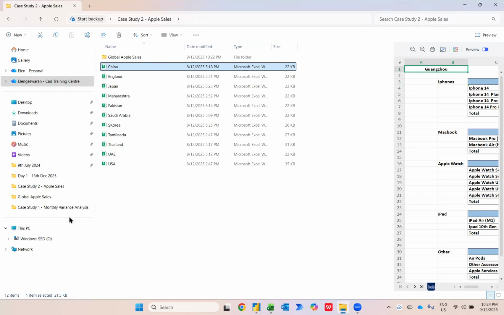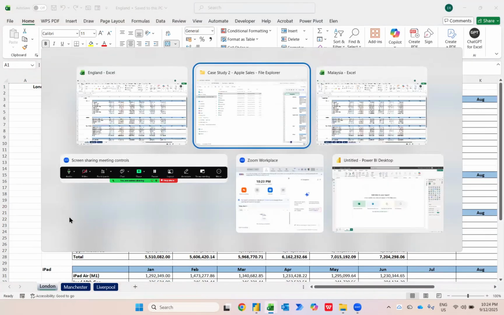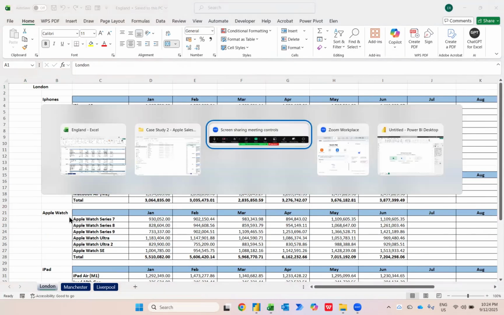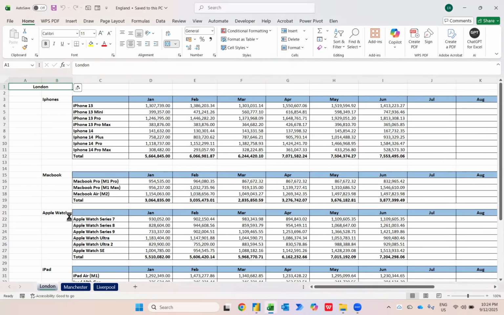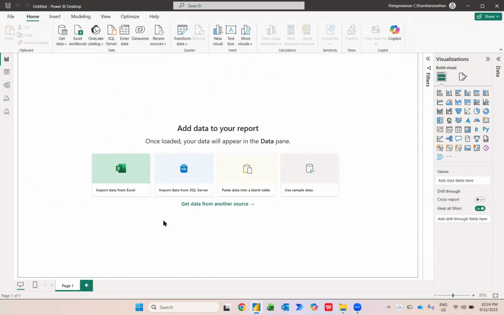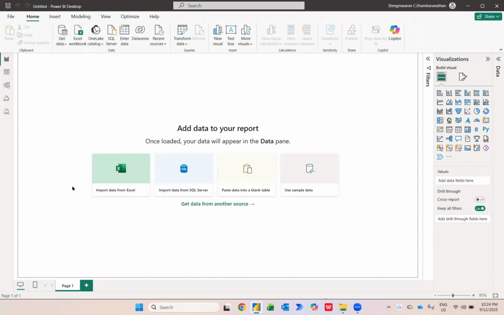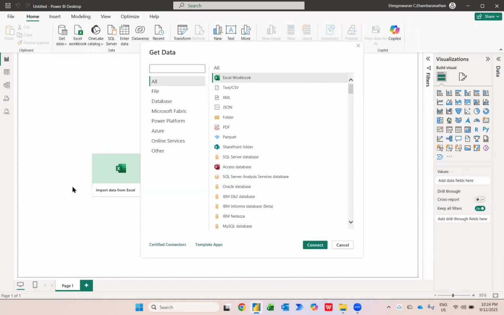So let's get started. Let me close all these files first, and let me show how I'm going to compile in Power BI. First thing is, I need to open Power BI. Instead of clicking import data from Excel, I click on get data, more. And once I click more, I need to click on